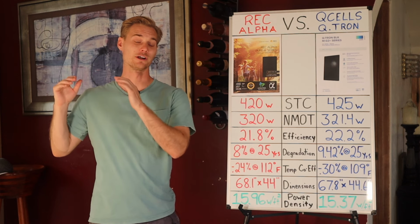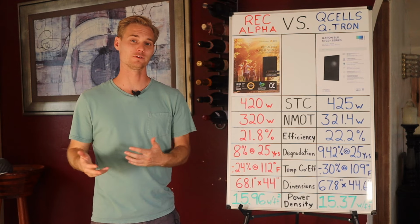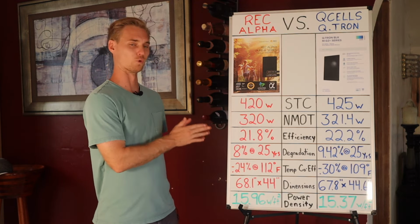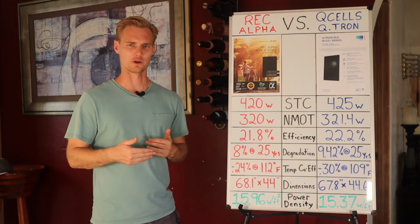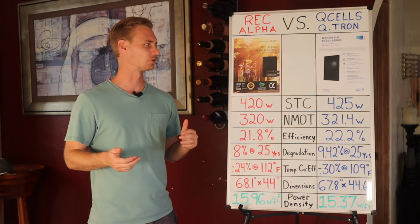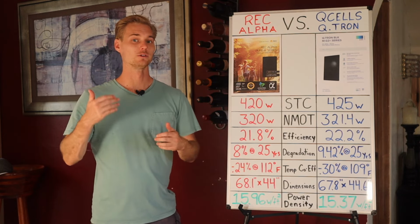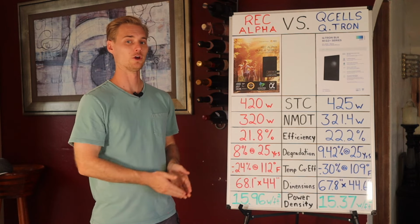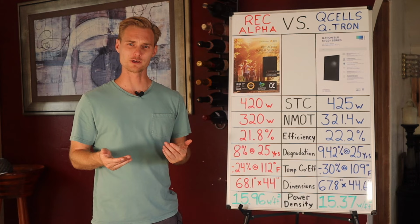There's a lot of panels that are in the 80s, and while that still at the end of the day is very impressive for something that's going to perform over a 25-year period, this is something that matters when people are asking, hey, what if I have to replace these panels in a few years? Isn't this going to be obsolete in a few years? And the answer is simply no, because if the solar panel is still producing electricity at pretty much a similar efficiency as what it did maybe 10, 15, 20 years before,